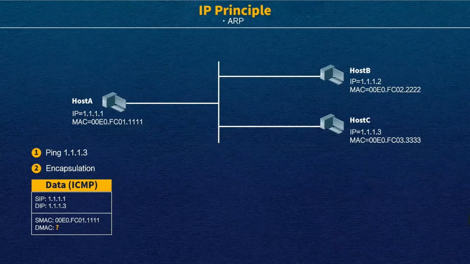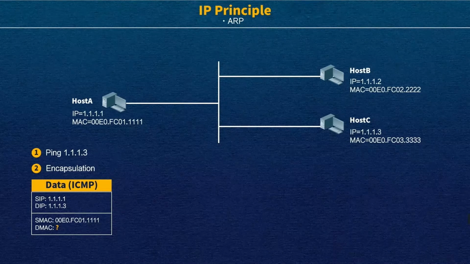And the key point of the network layer is the source IP and destination IP. Of course, except these two parameters, we also have other information in the IP header I talked about before, right? But we only focus on these two parts. The source IP is 1.1.1.1 from the network card of host A. The destination IP is 1.1.1.3 from the ping command, ping 1.1.1.3.